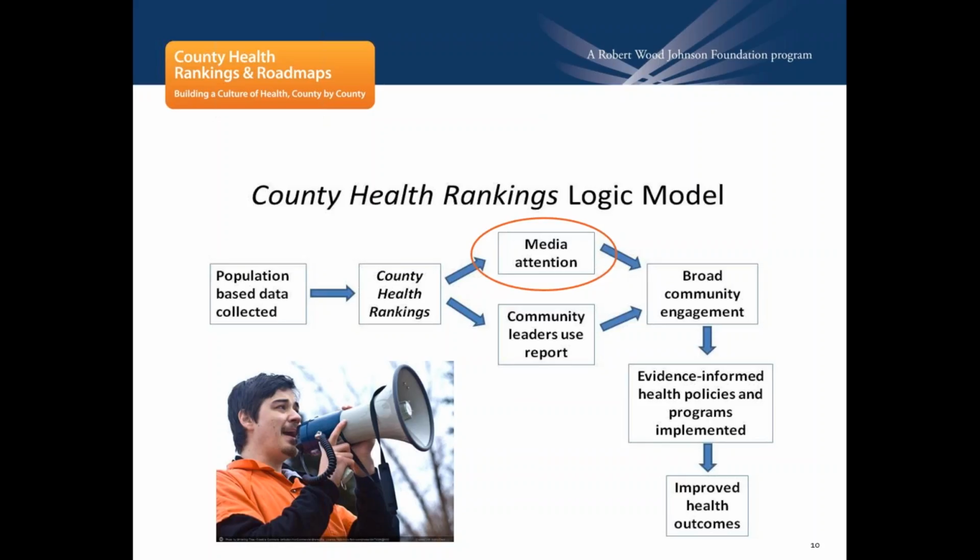Number 2 is really focus your story around action. What is it that you're doing in your community already? And how can you use it as a call to action for the community? How can either key decision makers or community members get involved in the important work that's already going on in your community? And finally,